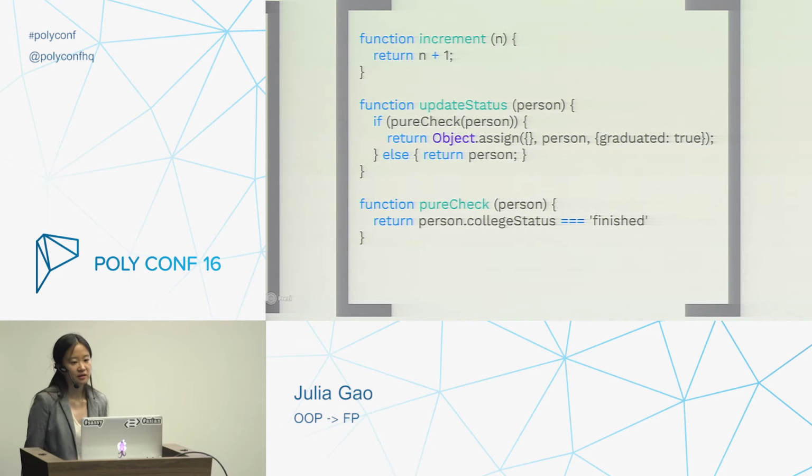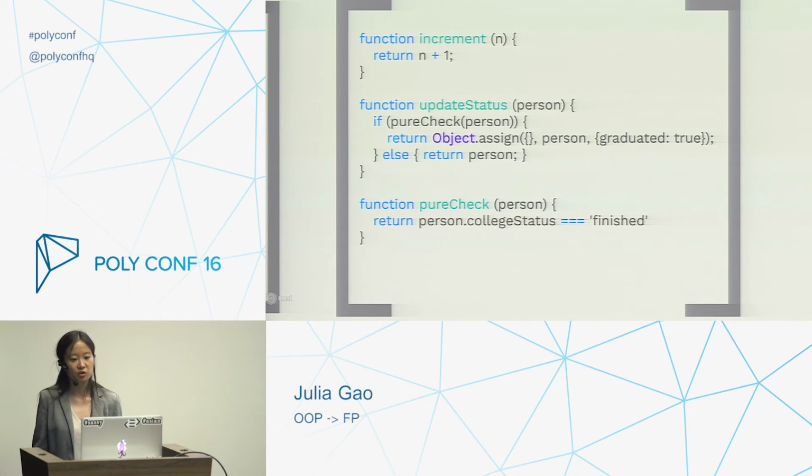So for the increment function, we give it n, and then we return n plus 1, and we're not changing the given n. We're simply returning n plus 1 every single time. So if you give it the same number, you will definitely have the same result. Same with the